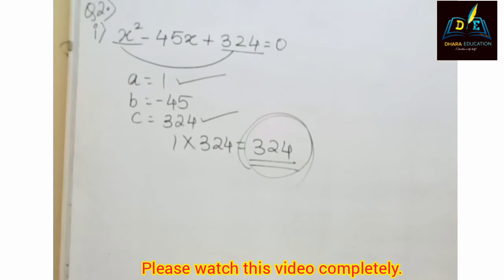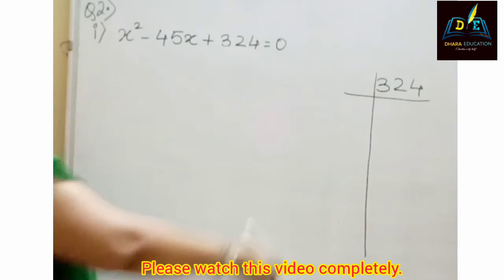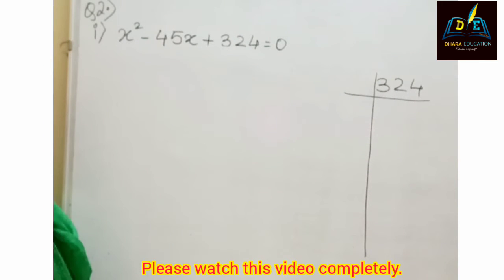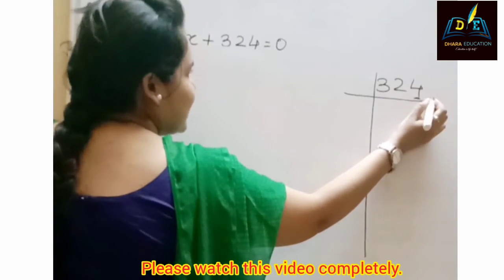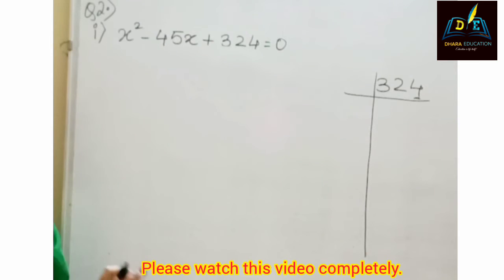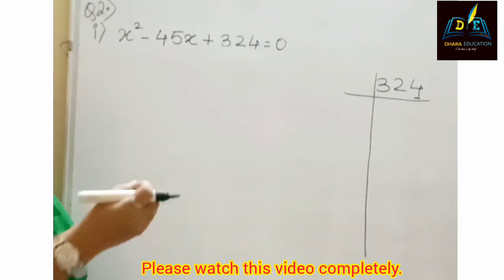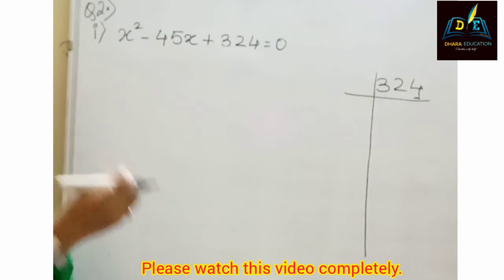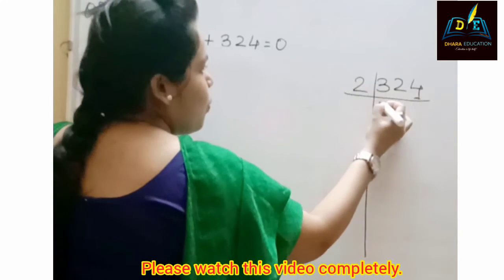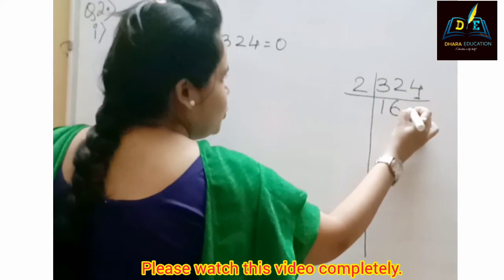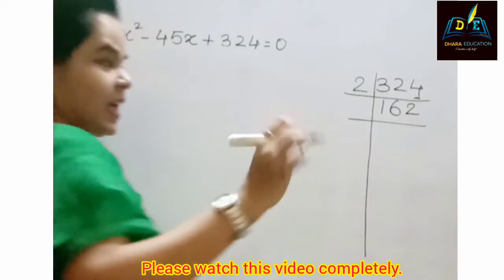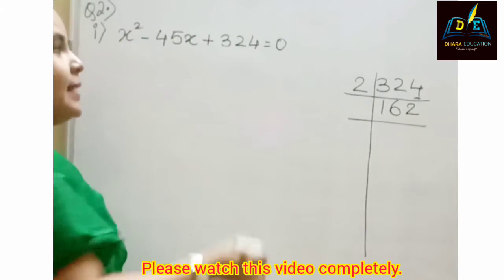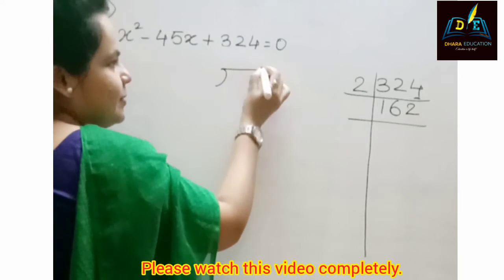So let's start. Students, I have drawn this factorization. As the last digit is 4, that is an even number, we have to divide it by an even number only. So we will start with the minimum number, that is 2. So 2 ones are 2, 2 sixes are 12, and 2 twos are 4. If any of my viewers are not able to understand, I will make sure that you understand this.